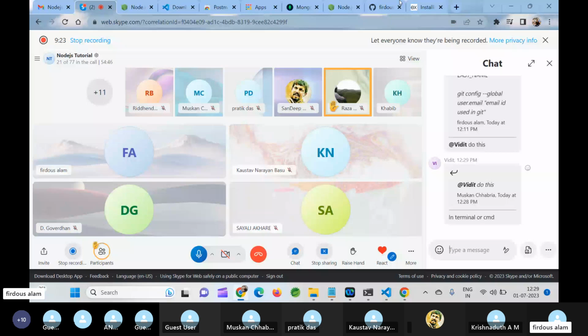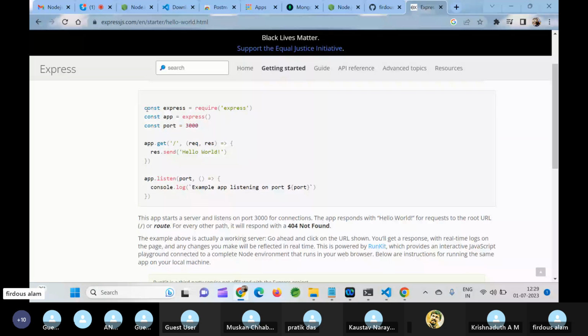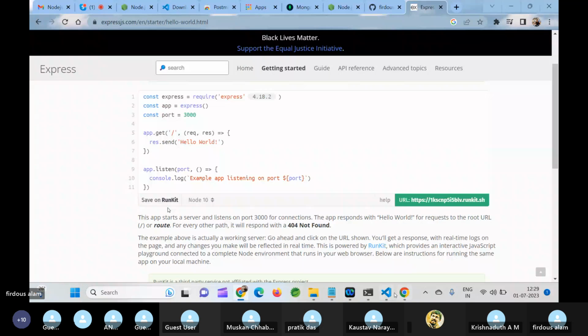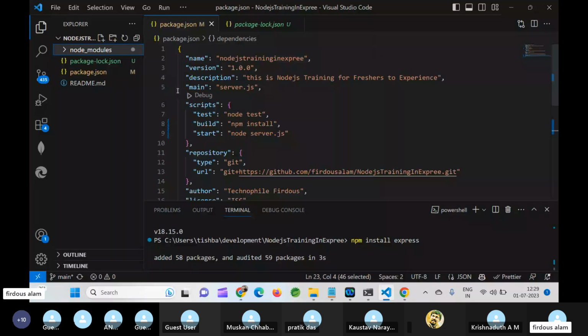Now I will copy a small code and run a hello world application on our machine. One more thing I mentioned once we initialized our project: our main application will be server.js.